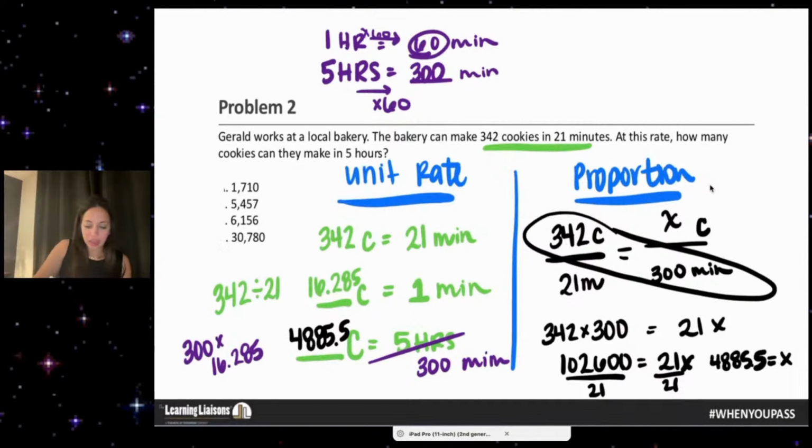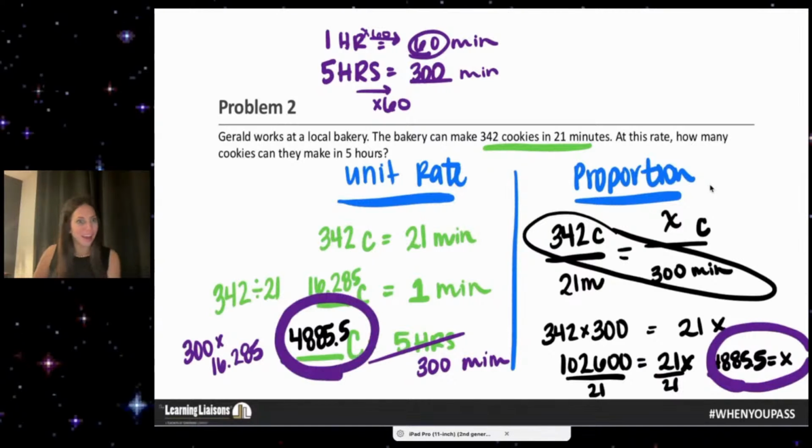So I wrote this problem from another problem, and I adjusted some of the language and the numbers and the words and all of that. And so I just forgot to change the answer choices from the other problems. So the answer is the same. I was like, oh no, I hope that this doesn't turn out bad. The answer is the same. It just shows that you can use your understanding of unit rates and conversions, or you can use proportions, whichever one that you want. Two different mentalities gets you to the same place.